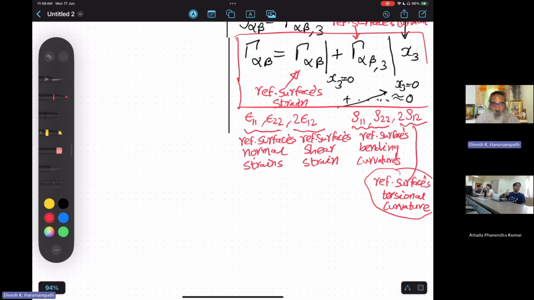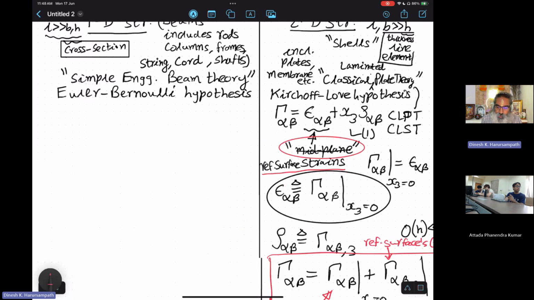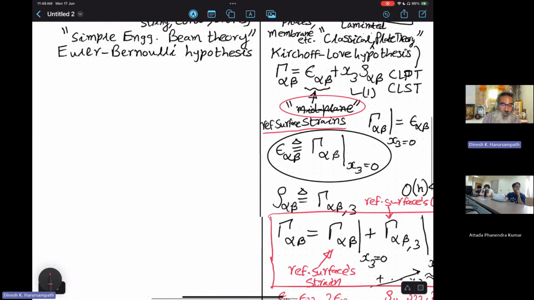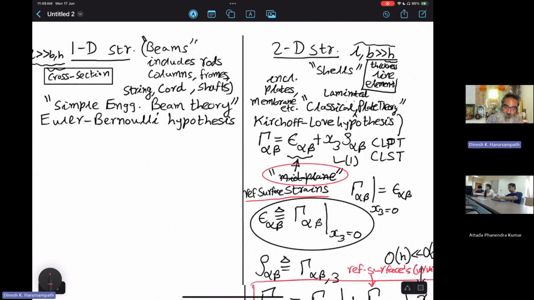Okay. Right. So with that, we come to this, but I also wanted to showcase, in order for you to better understand what you already know from the simple engineering beam theory that was introduced to you in the deformable bodies course, where we make certain assumptions about the cross section. So remember, we said that here the cross section is the equivalent of the thickness line element. So whatever assumptions we are making about the cross section there is what we are making about the thickness line